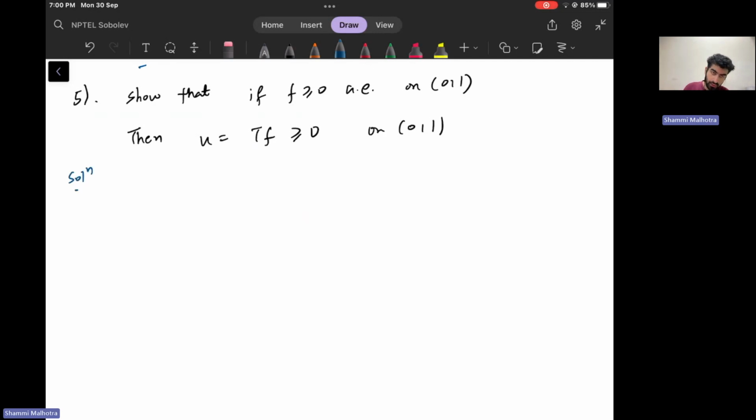So how do we do that? Again, we use this Stampacchia truncation method. So we'll fix